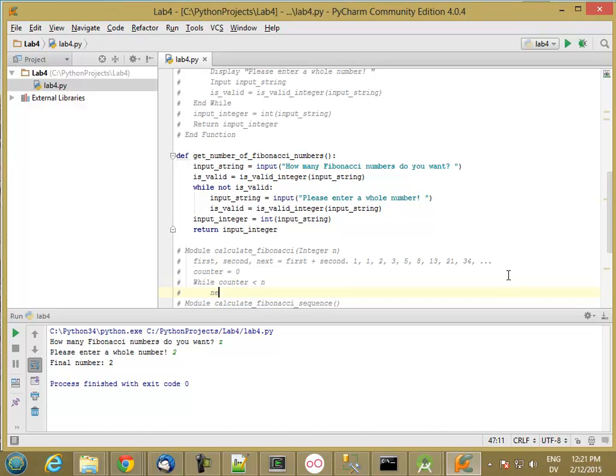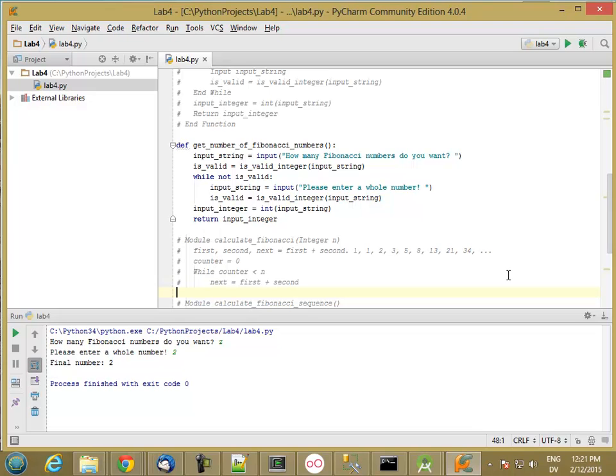I want to set next equal to first plus second, and then I want to output call, and I'm going to give it first, second, and next,